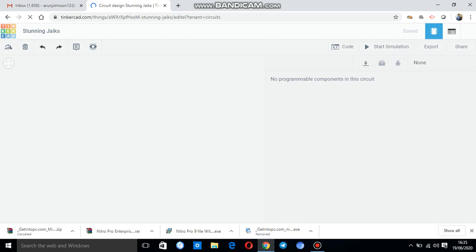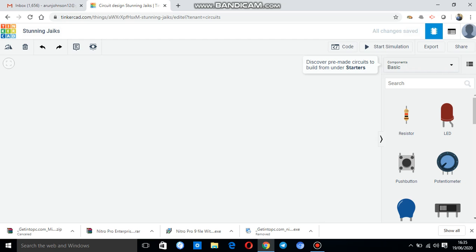Normally in the laboratory we use many electronic passive components and active components. Passive components are resistor, capacitor, inductor. Active components give energy, like the power supply, and we have the function generator for input and the cathode ray oscilloscope for output. The same environment we are going to implement in Tinkercad in a virtual manner.